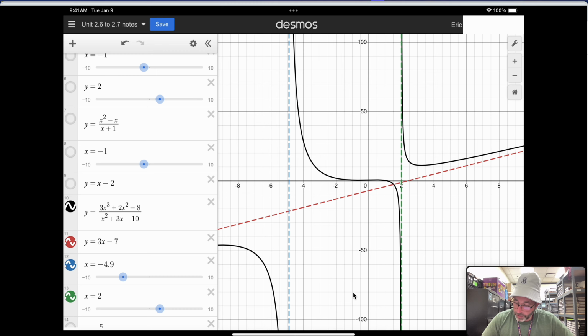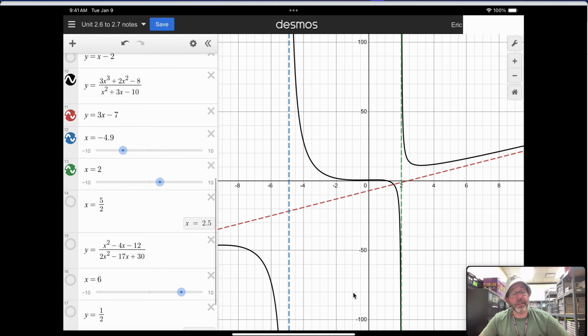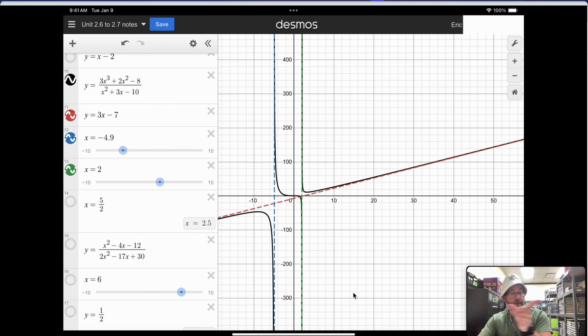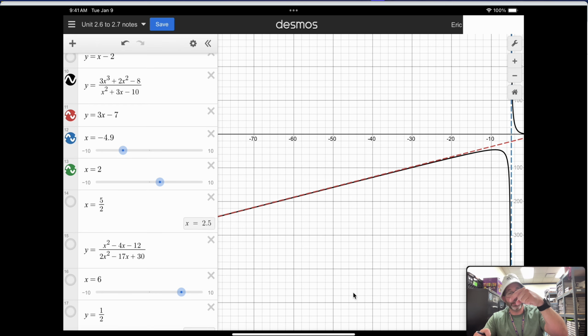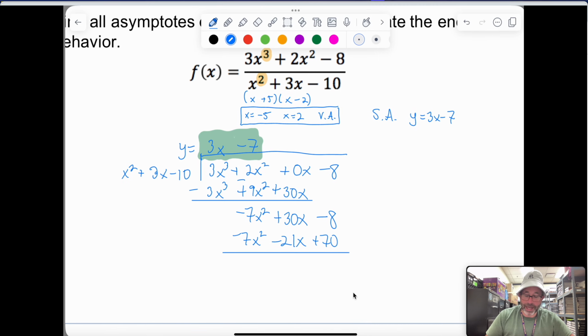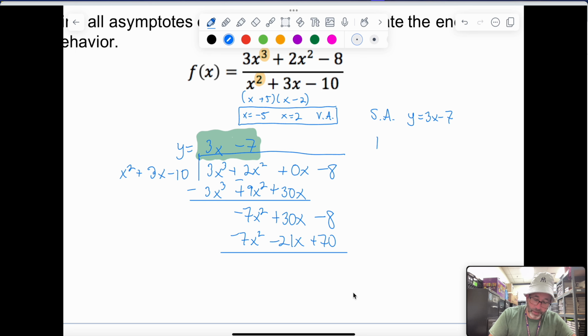If I was to say to you, okay, what's the behavior that's going on here? Well, you look at the right end of the graph, and you can see it's going to the right and it's going up. And if we look at the left end of the graph, it's going left and it's going down. So the end behavior from this is that the limit as x,